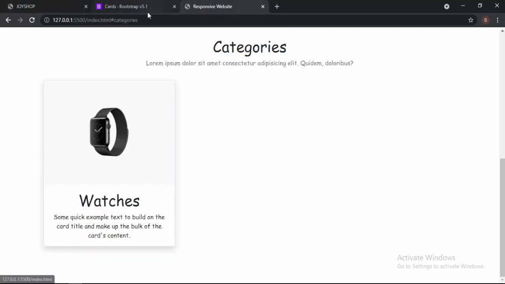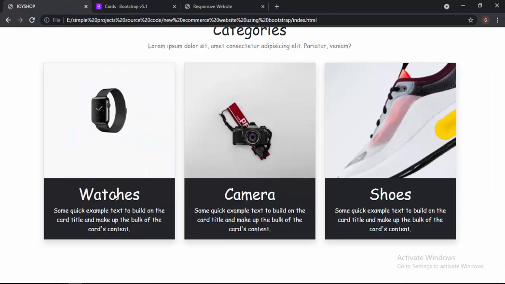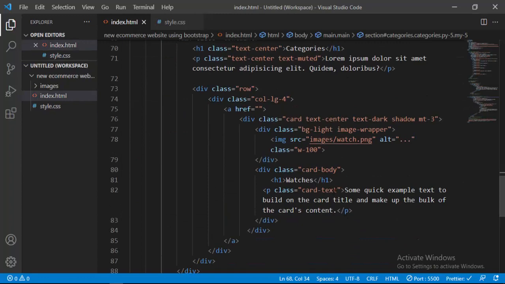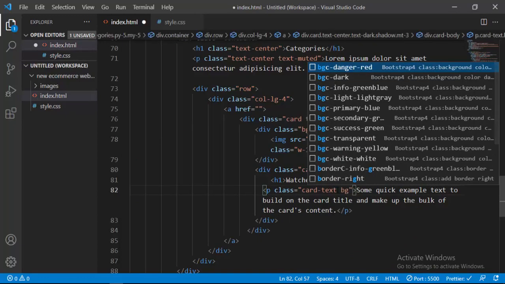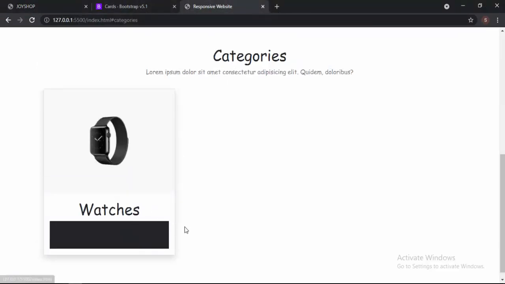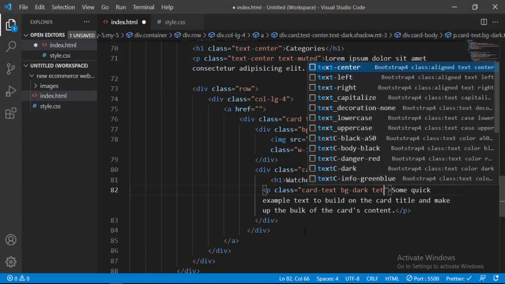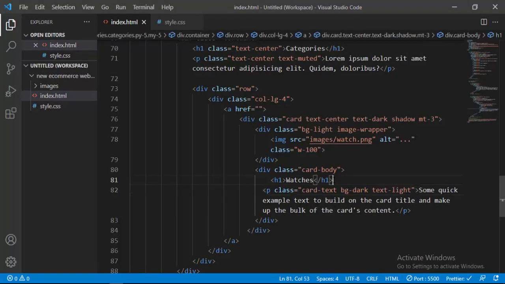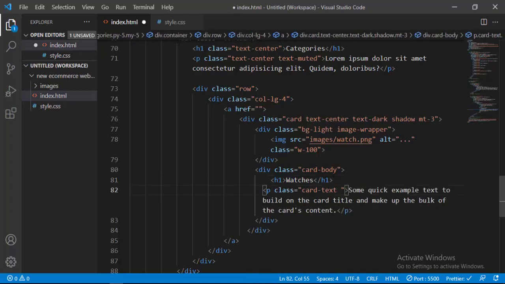So now I'm gonna duplicate this because we need it a couple of times, actually 3 times. And I noticed something else here, that I set this background to dark. So I'm gonna go inside our index.html file, and here in the text I'm just gonna give it a bg-dark. Yes. So after that we also have to set its text to light. So I say text-light, and now it's getting fine, but we don't want it like this because I didn't put this. I gave it to